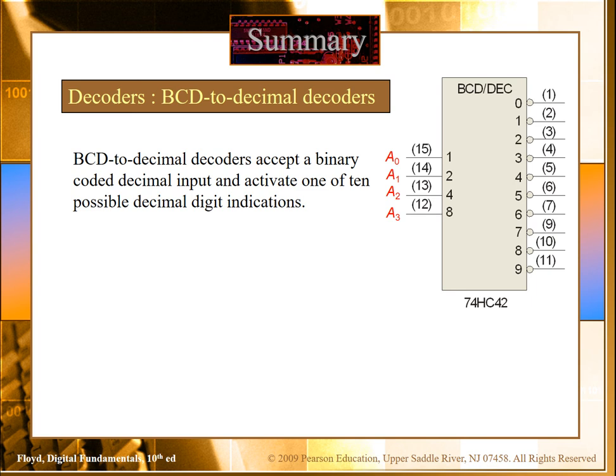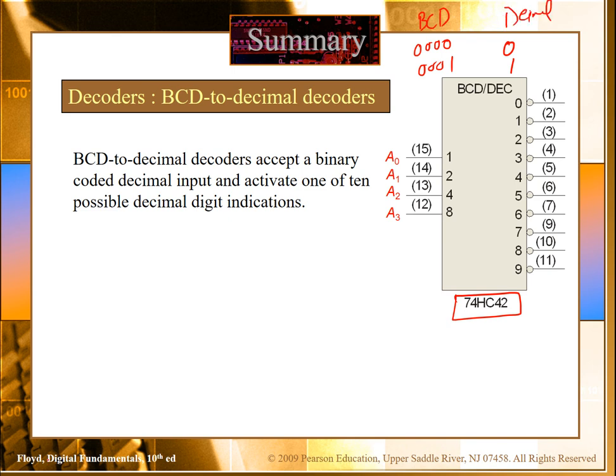So there is one IC which is called 74HC42. We use this IC for the implementation of the BCD to decimal decoder. We know the binary coded decimal coding. Binary coded decimal means each decimal digit can be represented in terms of 4 binary bits. For example, decimal 0 you can represent as 0000, and 1 you can represent as 0001. So this was your binary coded decimal, and this was your decimal.